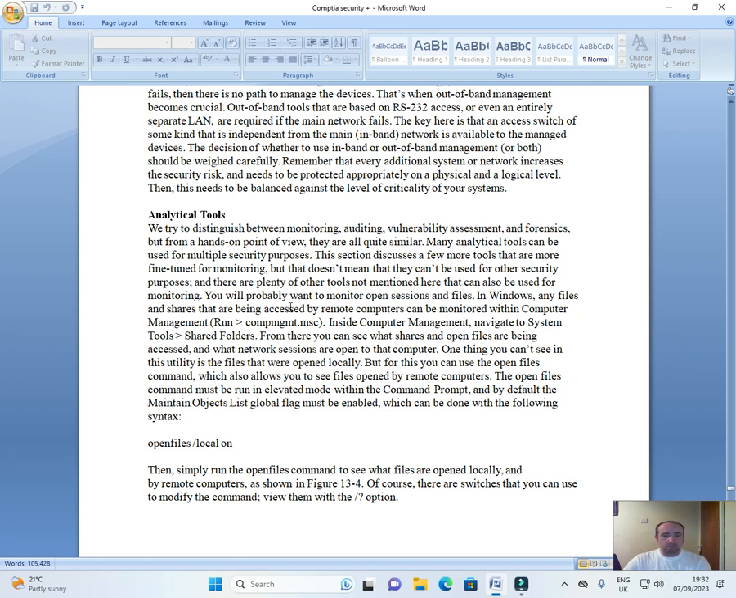used for monitoring. You'll probably want to monitor open sessions and files in Windows. Any files and shares that are being accessed by remote computers can be monitored within Computer Management, compmgmt.msc. Inside Computer Management, navigate to System Tools, Shared Folders. From there you can see what shares and open files are being accessed and what network sessions are open to that computer. One thing you can't see in this utility is the files that were opened locally, but for this